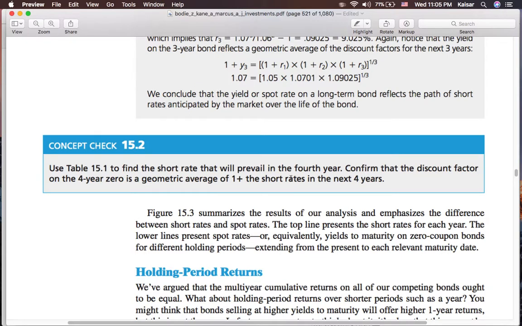Так, окей. Figure 15.3 summarizes the results of our analysis and emphasizes